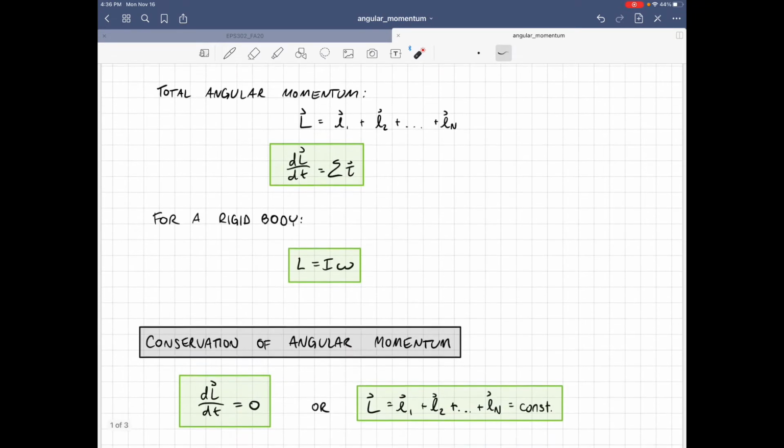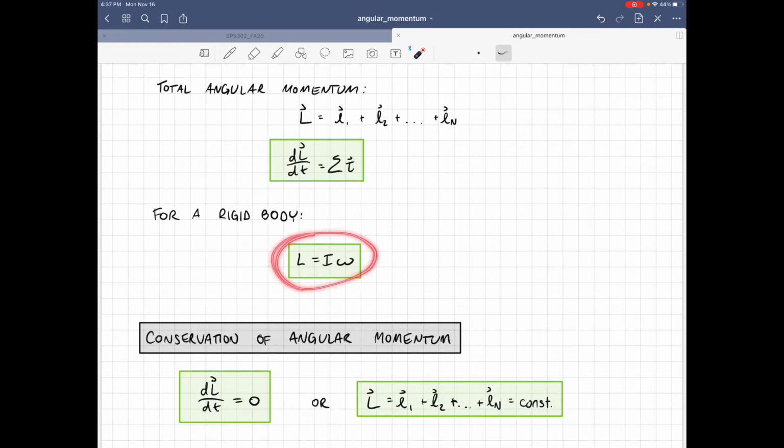Now, for a rigid body, the angular momentum is defined as I omega. So for rigid bodies, we can determine the moment of inertia, and multiplying that moment of inertia by omega, the angular speed or angular velocity,